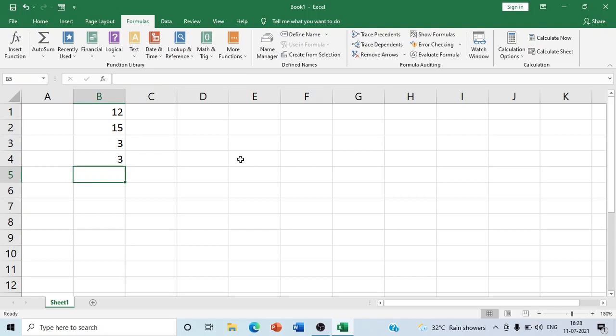If you want to do it another way, type equals GCD, and since it accepts numbers separated by commas, you can also give a range with the help of a colon. So we can give 12 colon 3 and use it. You will see that the result is the GCD of the values V1 to V4. Okay, you can get it.